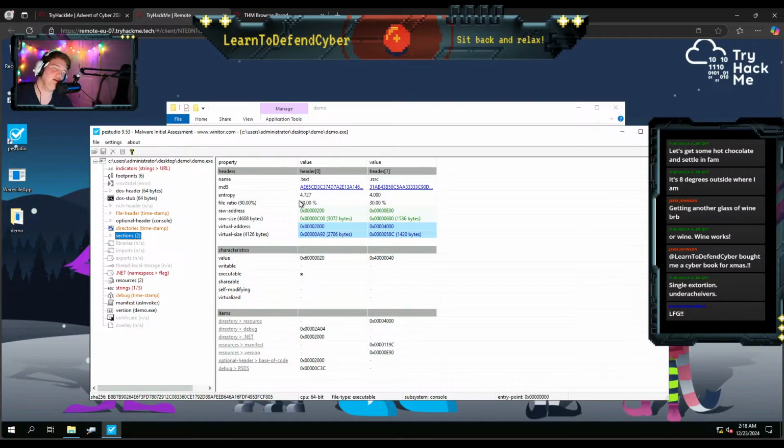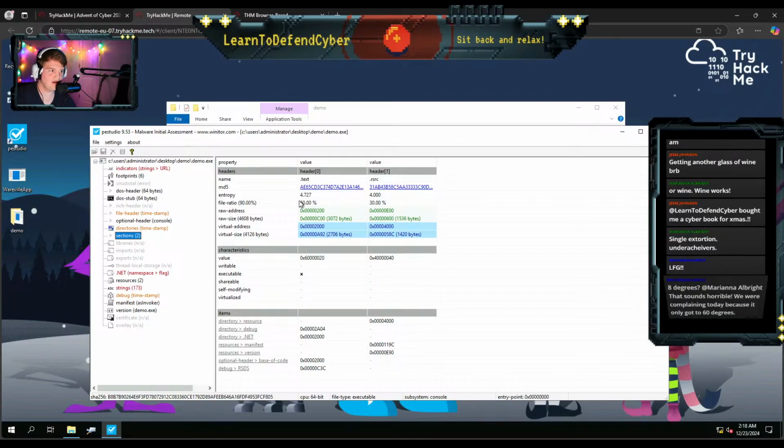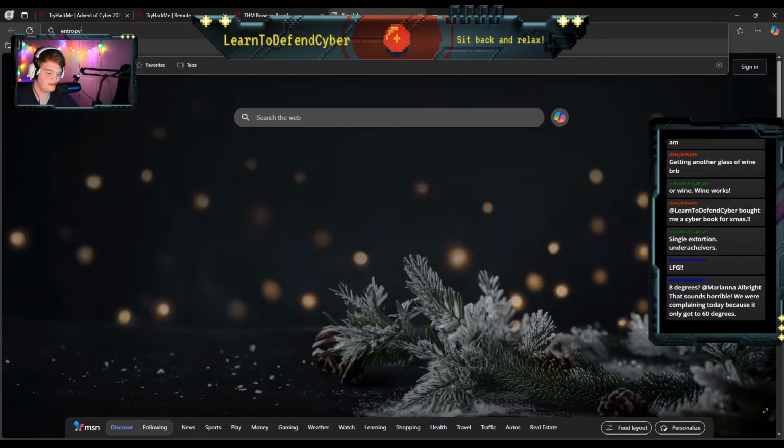Entropy. So entropy is an interesting thing. I don't know how often it comes into practical use, but entropy is based off of an actual equation that can tell you how much of a given thing is made by humans, or if it was randomly generated by computers. If you think of the word entropy, it just means chaos, right? So if a file has high entropy, 4 is about normal-ish. It's a little on the higher side. But if you have higher entropy, like say 6 or 7, I don't even know if the scale goes that high. I'm gonna have to fact check the entropy scale.